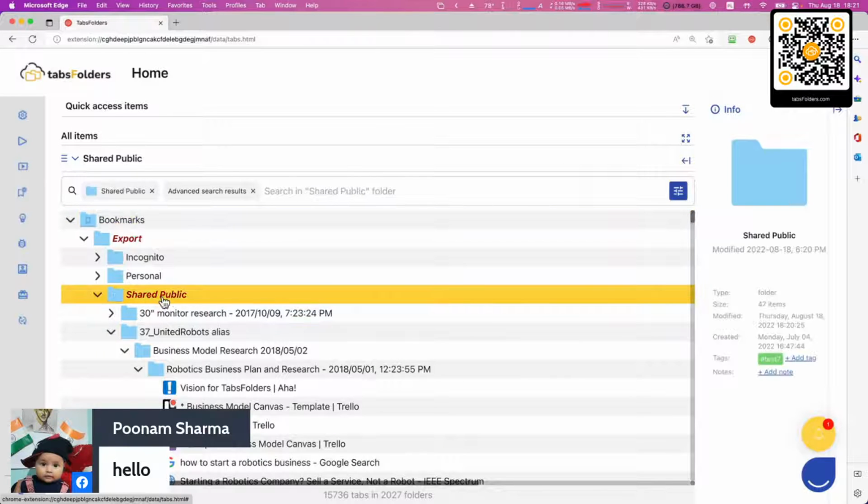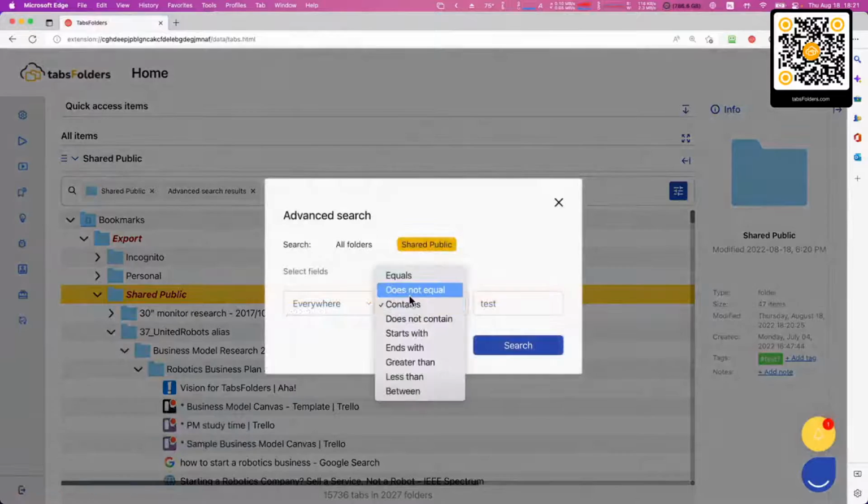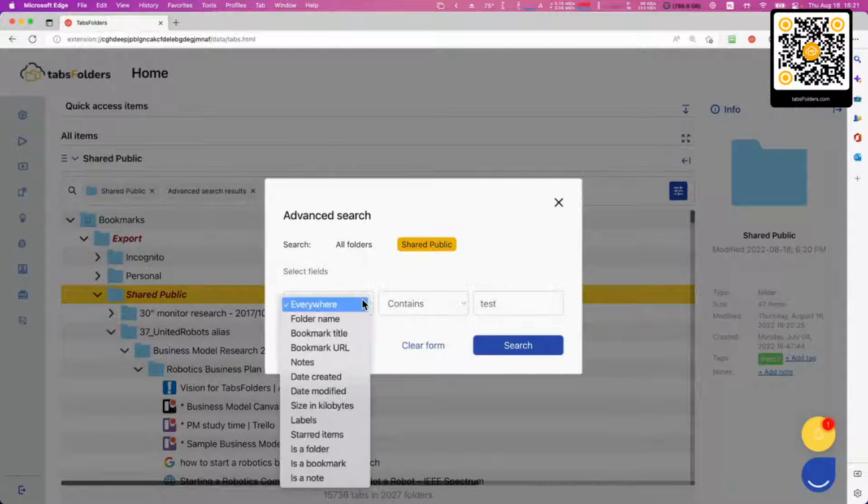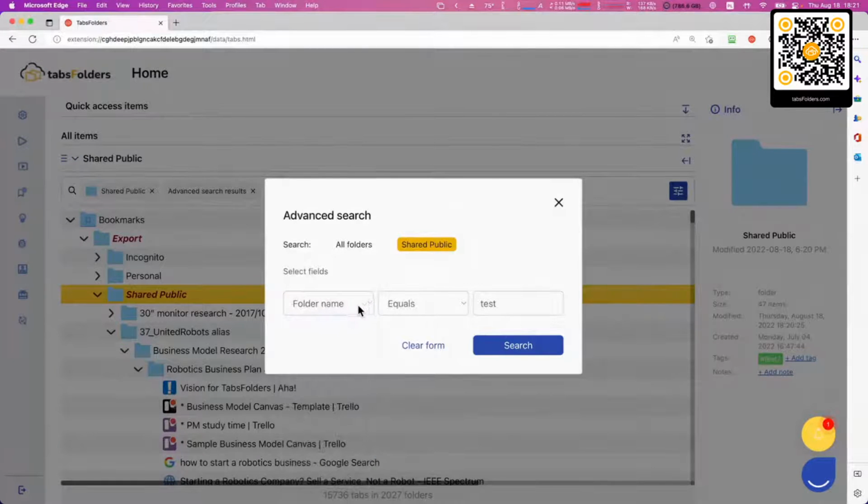And boom, now you see shared public is in red, even though there's no word test in the folder, but we added the tag test7 and the search results have found it. So further, you can have a lot of logical operators. Then you can also search more specifically. If you only want to return folders, because previously in TabsFolders you also had a lot of search results. So right now, if you want only the folder name